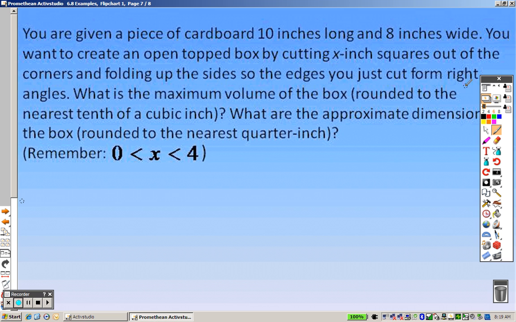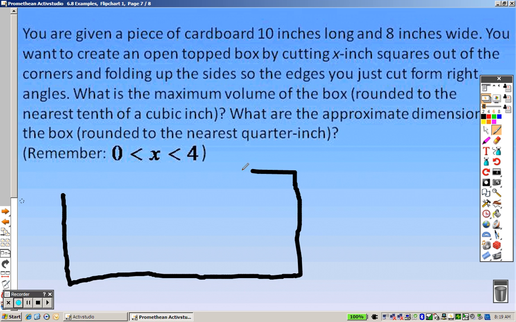Okay, so we take a look at this word problem. Basically what it's saying is I'm giving you a piece of cardboard. So here is your piece of cardboard. What it's saying is that it's 10 long and 8 wide. Okay? And you want to create a box out of that,